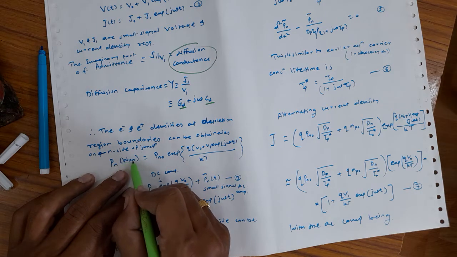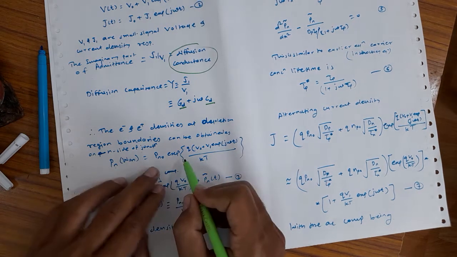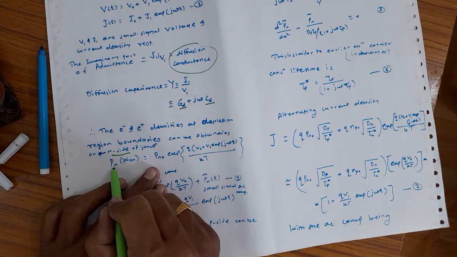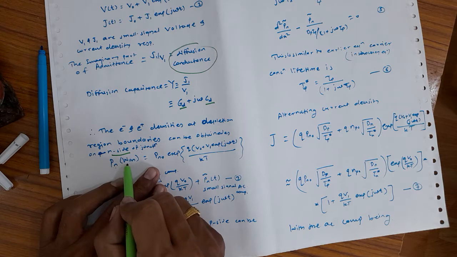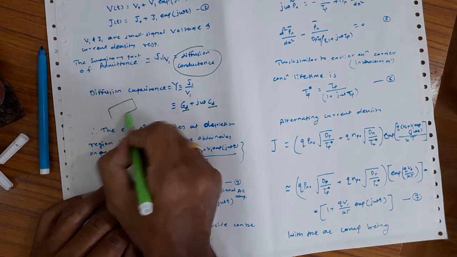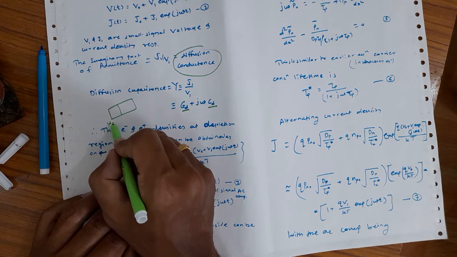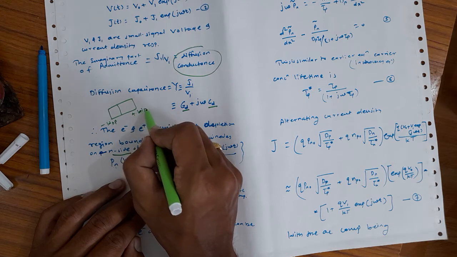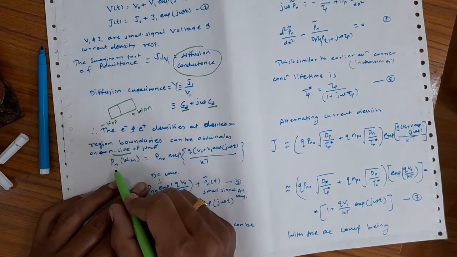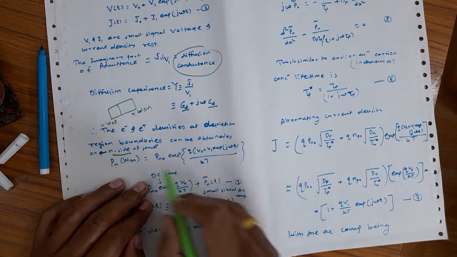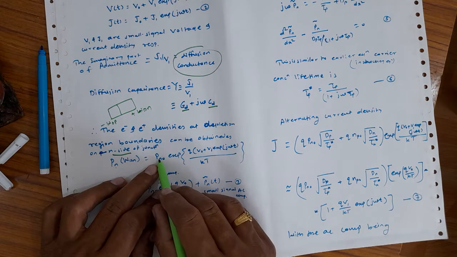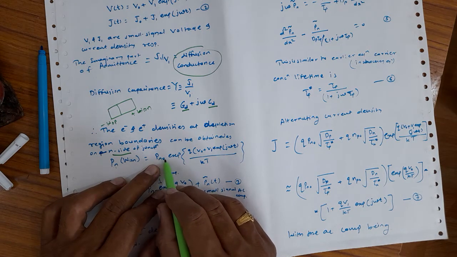At x equal to Wdn, this is for the n side region, instead of the p side, you do remember. The hole density on the n side region is at x equal to Wdn, because generally when we define the pn junction, we represent the p side as minus Wdp and the n side as plus Wdn. So this is the hole density on the n side region. pn0 gives us the hole density on the n side at equilibrium.